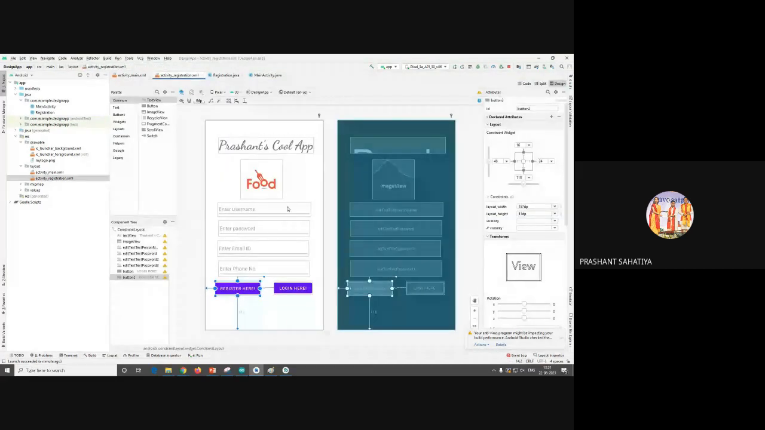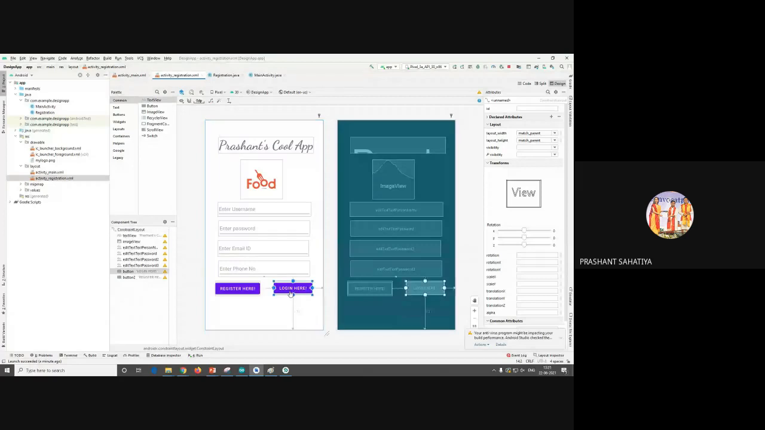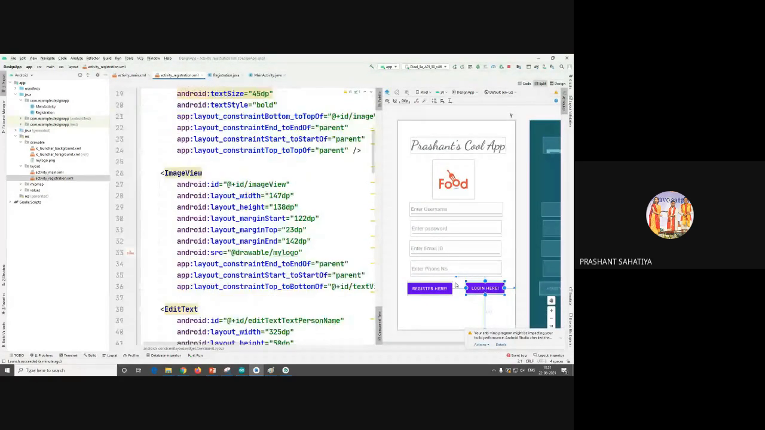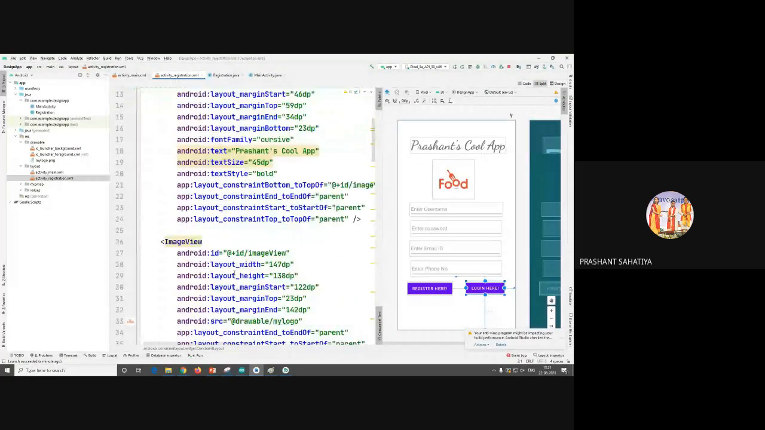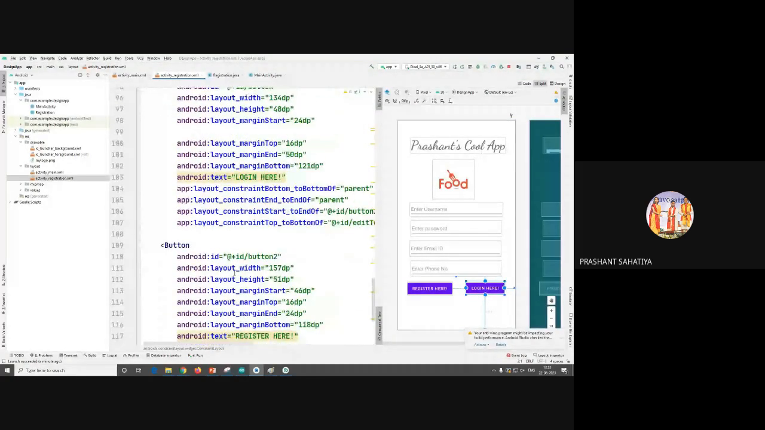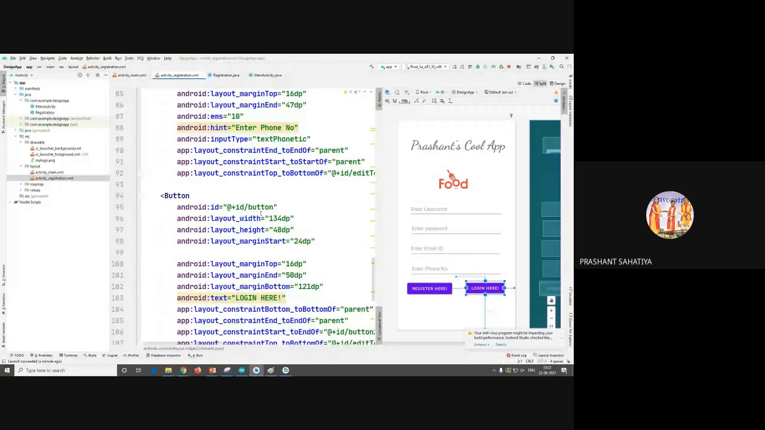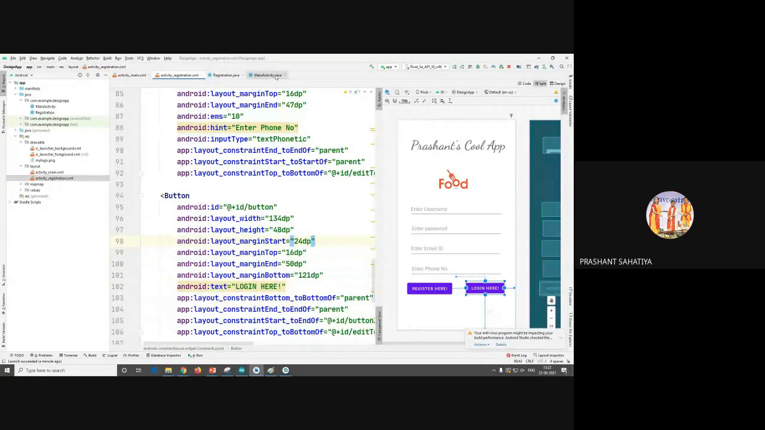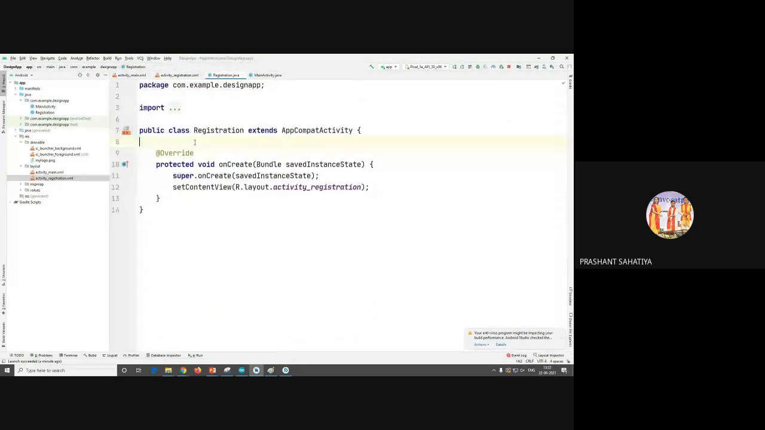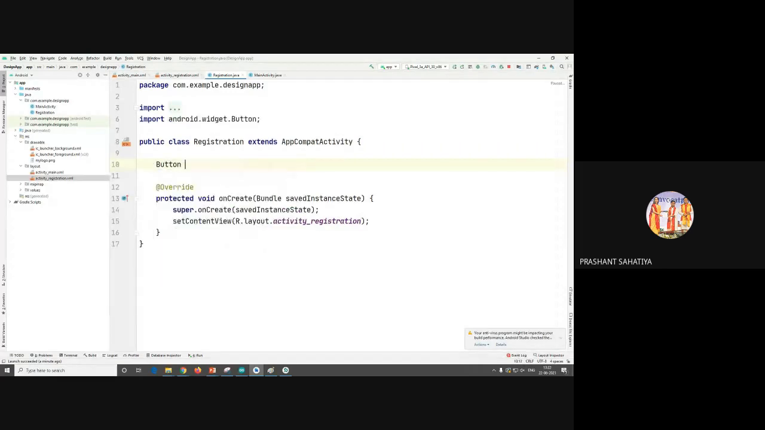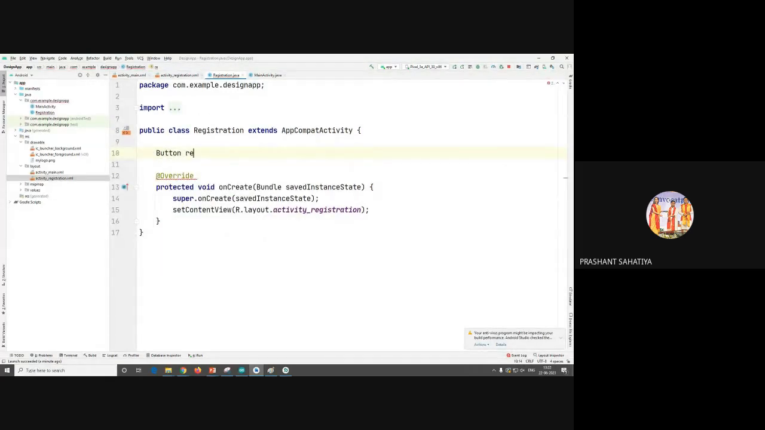In the activity registration, I want to work for the login button. So I'll go in the code of it, whatever the ID is for this button. What is the ID? It is also a button, so not an issue. So I'll go here in the registration Java. Same thing I'll do. Button, I'll click on